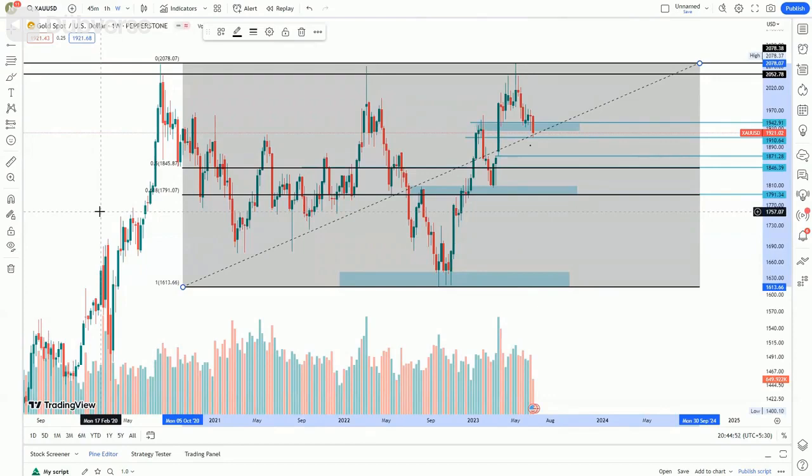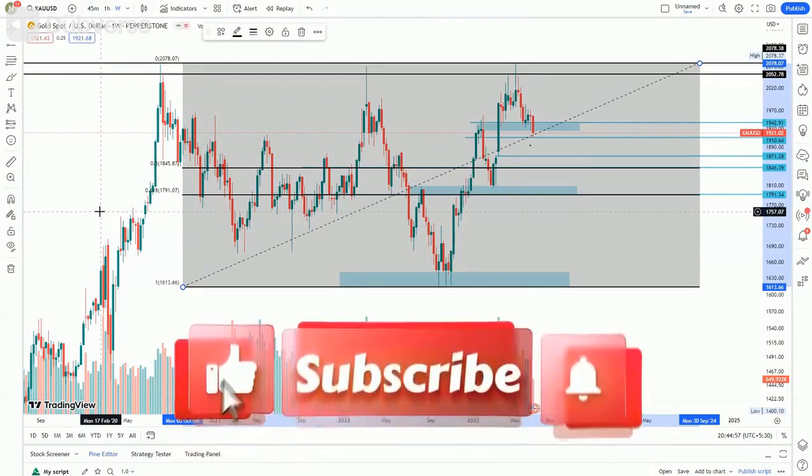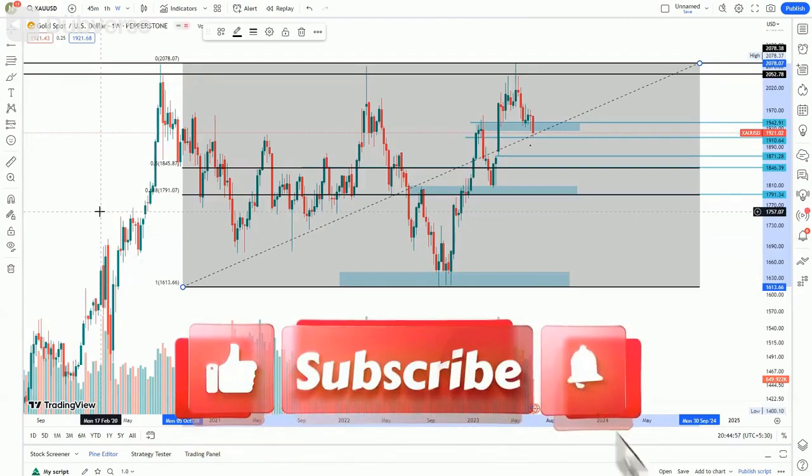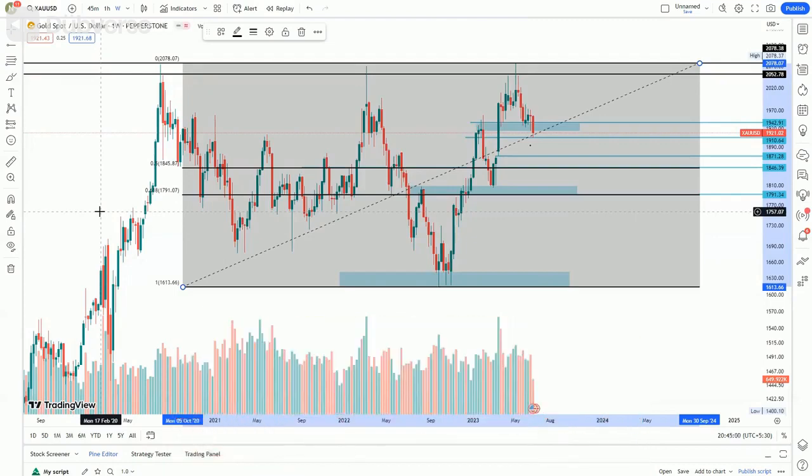Now how do we apply this? The simple way to apply it is that there are 2 important zones. For gold, the important zone is 70% and 0.5%, which we also call 50%, and 0.61 is because it is the golden ratio. If you search for golden ratio on Google, 0.618 will be written there. So we have applied 2 levels from here.